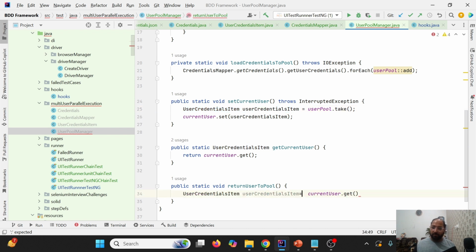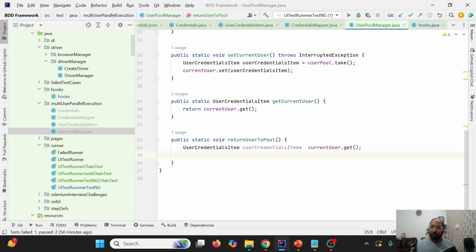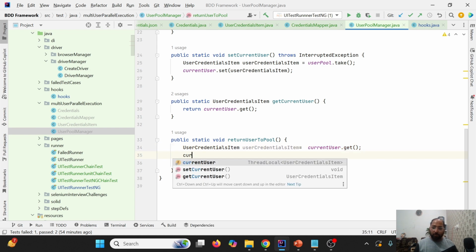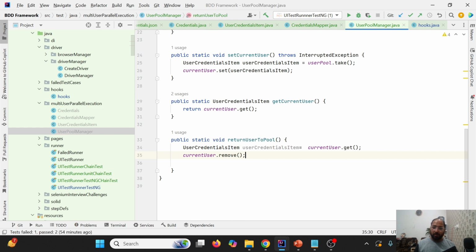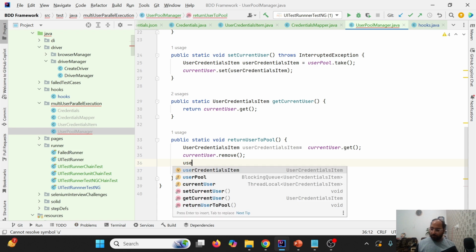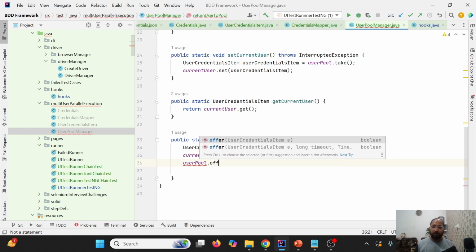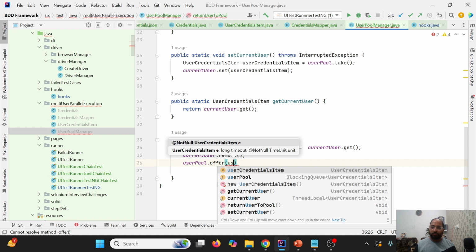And then after, what we are going to do is, first of all, we will remove, because from current user we got it into this particular user credentials item. Then we are going to remove it from the thread local, right? So we'll be utilizing the remove method, and then we are going to add the credentials to the user pool again. User pool dot offer is the method to add this user back to the pool,